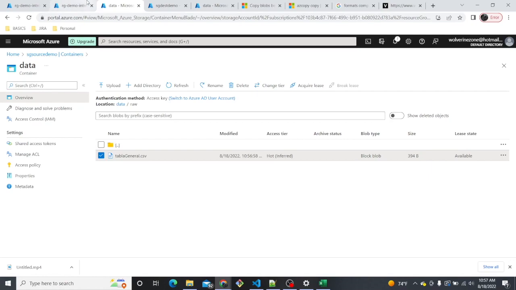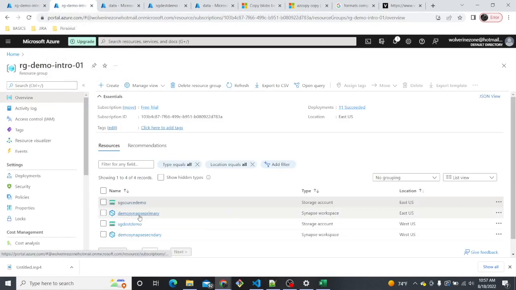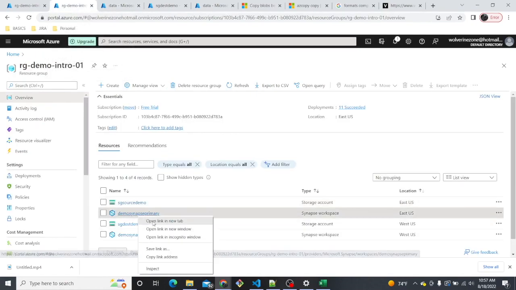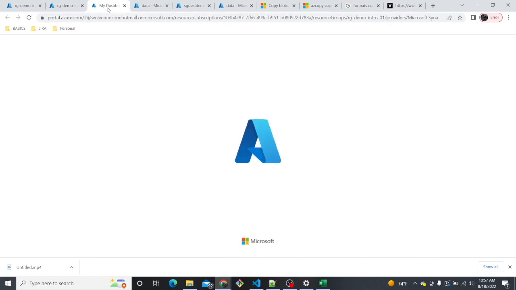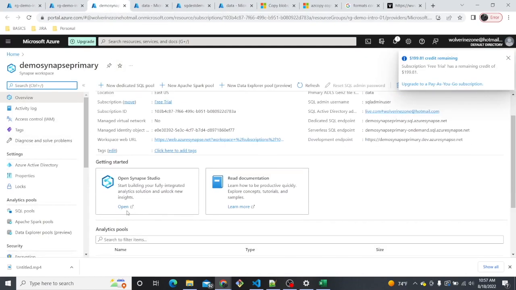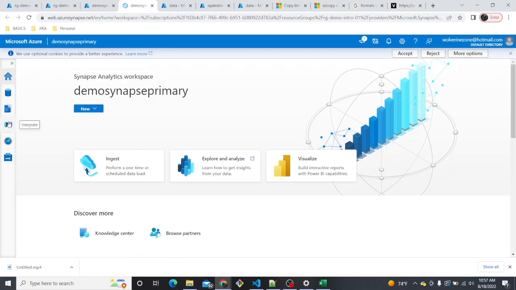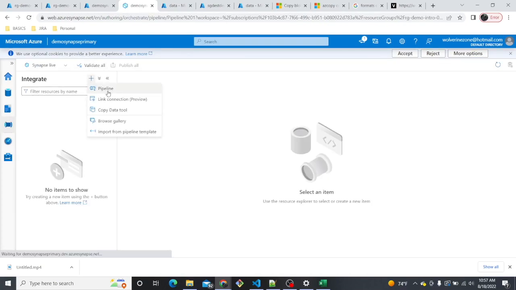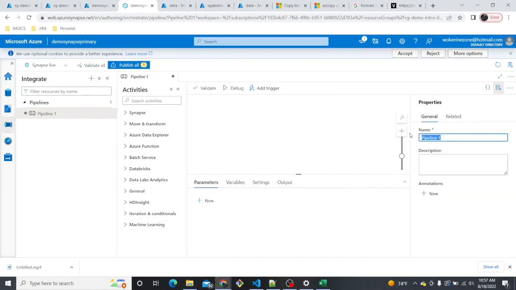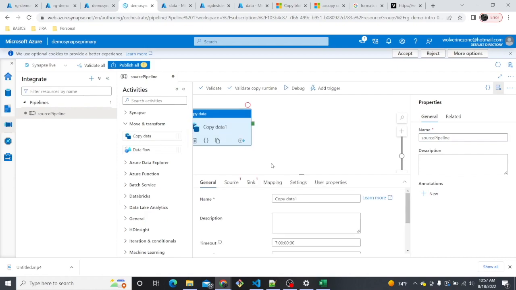Okay, so having done that, now I am gonna go inside my primary Synapse. Let's go ahead and open that up. And what I'm gonna do is I'm gonna create a brand new pipeline. So I'm gonna go into integrate, new pipeline. Let's call this source pipeline. And under move and transform, I'm going to drag and drop a copy data. Let's call this source